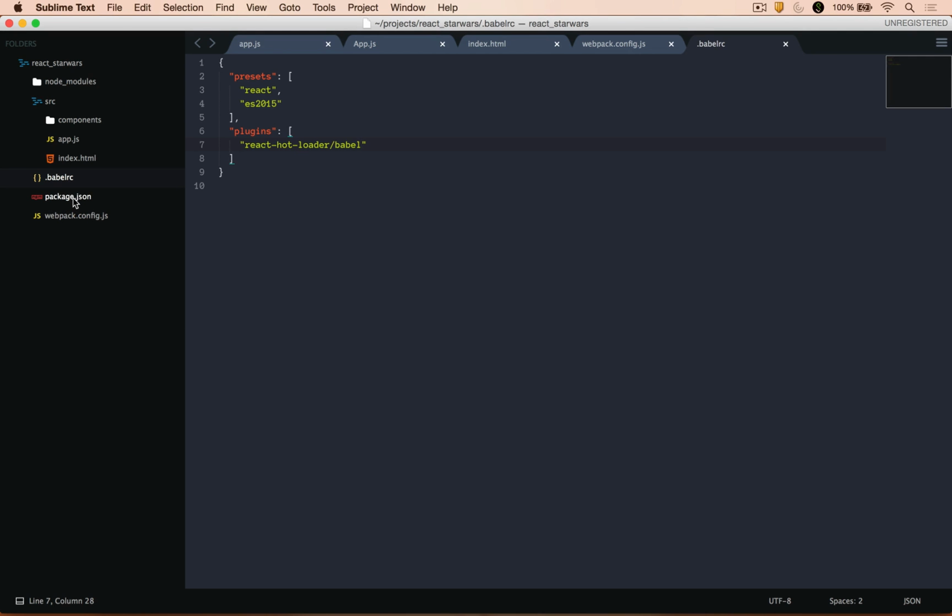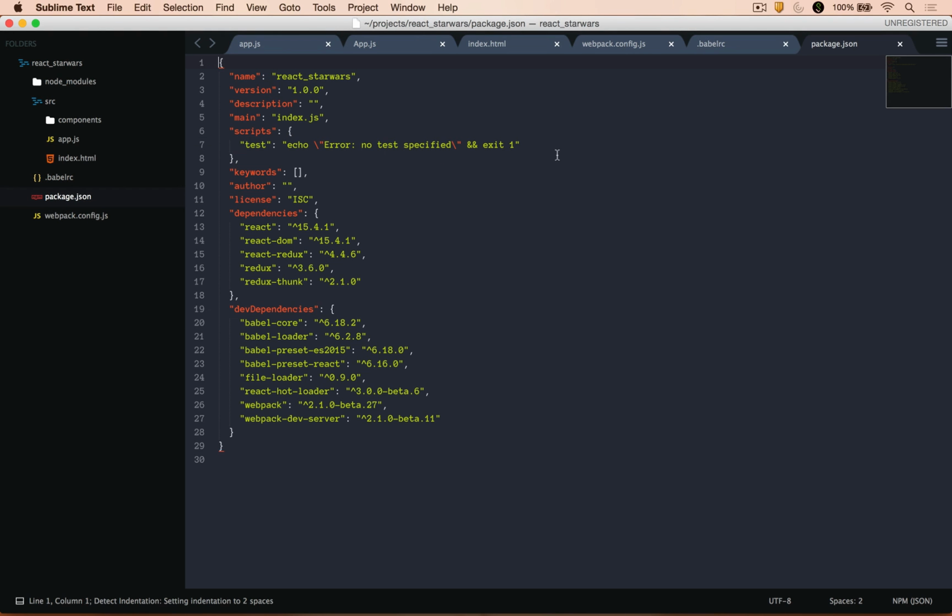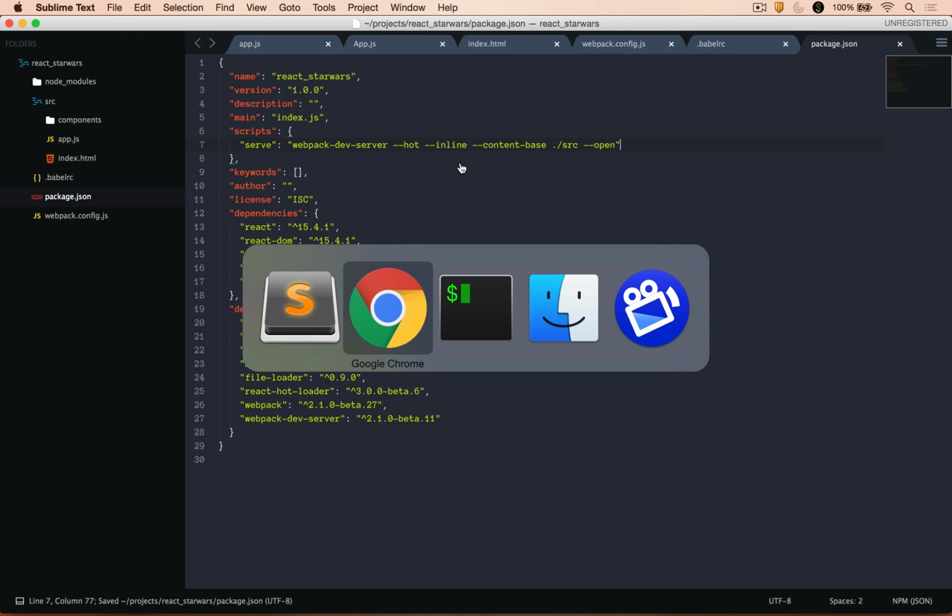And then there's only one more thing we need to do. This isn't necessarily something we have to do, but we can add a script in our package.json file that will run a big command for us so that we don't have to run it. And I'm just going to copy and paste that command in here. We're running our Webpack dev server with hot and inline, so that makes sure hot module reloading works correctly. Our content base is source, so that's where it'll get a lot of our source files from. And then we're just telling it to go ahead and open the web page when we start up the dev server. So now that we have all that set up,